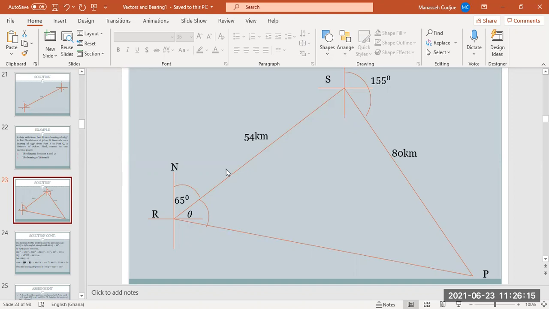So place it here. And also be quick to know that these two lines are parallel and these are transversal lines. So this angle here and the angle here will alternate. So here should also be 65. Then when you are done, make sure you check the angle here, the sum. If it's 90 degrees, then you are good to go. We can resort to our Pythagoras theorem to find the side and also our SOHCAHTOA to find any missing angle. So I will leave you to explore that in your various groups. You have the solution here, but you can do that and later you can check